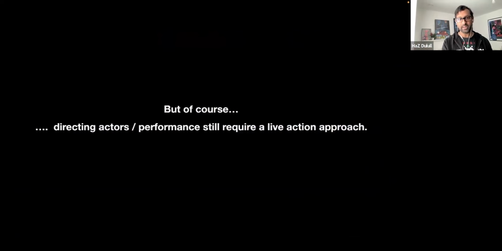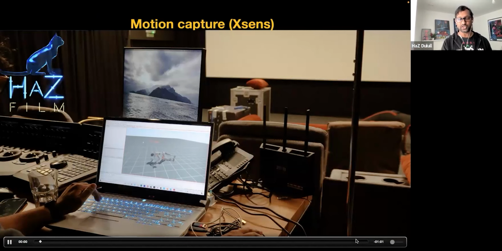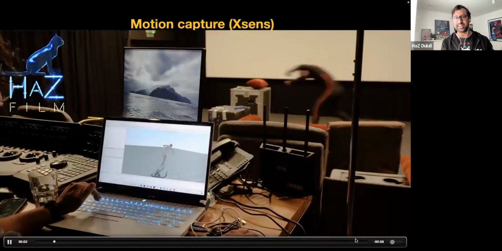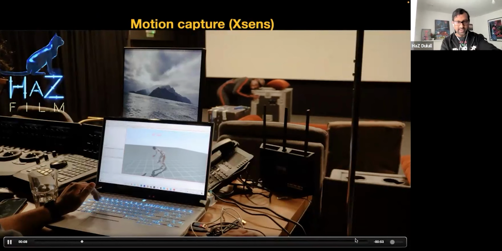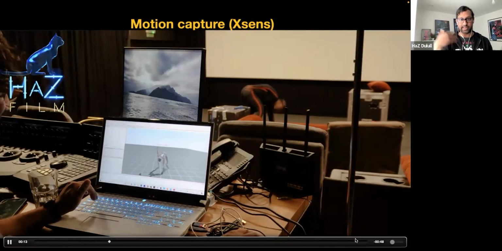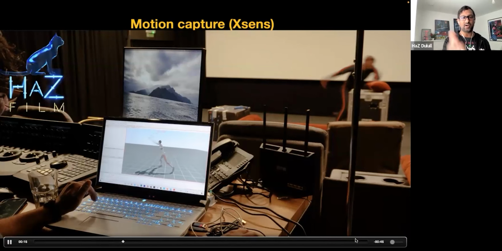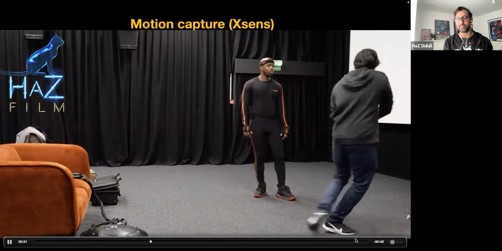So yeah. But of course, directing actors and performances may be great with the whole Unreal Engine and real time, but we still do have to take one live action approach, and that is working with actors. So here's some behind the scenes of how we did some of the motion capture. This is in a grading suite, and we had Ace Royal, who's an amazing motion capture artist, who worked on tons of movies and video games. And what's great about directing Ace is the fact that I could see his performance in real life, but at the same time, I could see it on the skeleton in Xsens. So if there's anything not working, I could actually just address it on the spot.